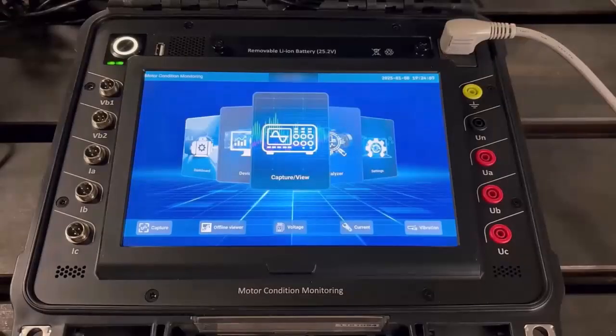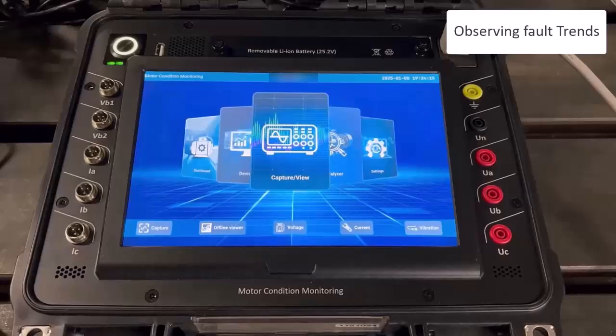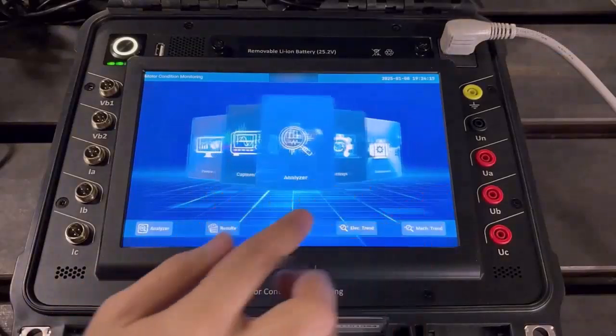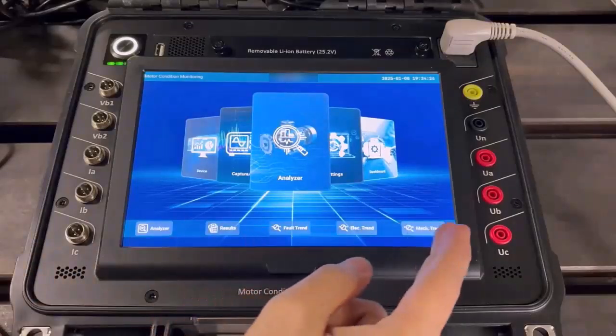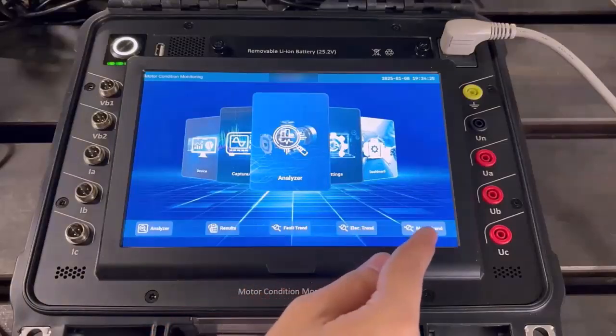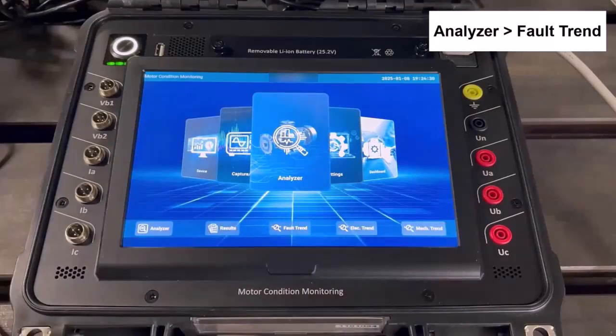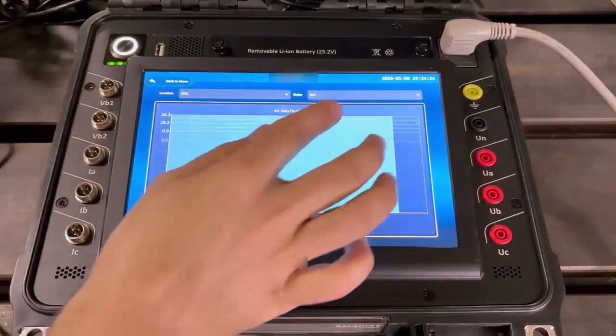After a database for the motor is defined, various tests can be performed at different time intervals, and the trends of errors occurring in the motor can be analyzed over time. For this purpose, after each round of analysis on the collected data, the trends, error percentages, electrical parameters, and mechanical parameters can be observed. For example, in the trend file, for a motor on which several tests have previously been